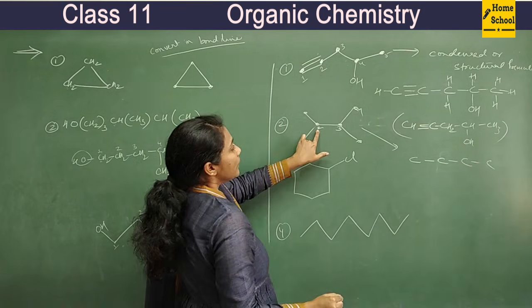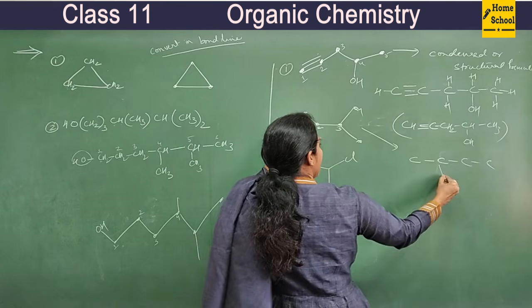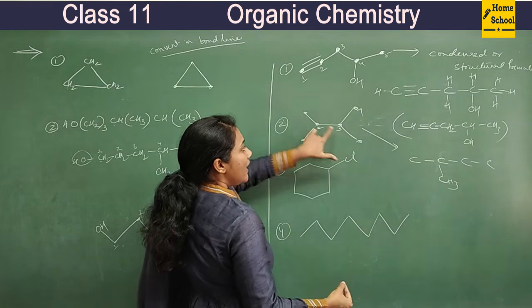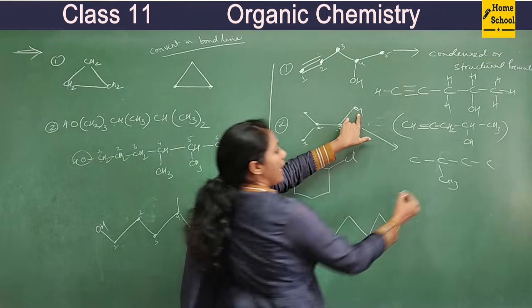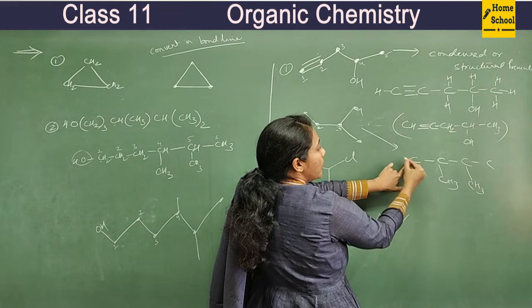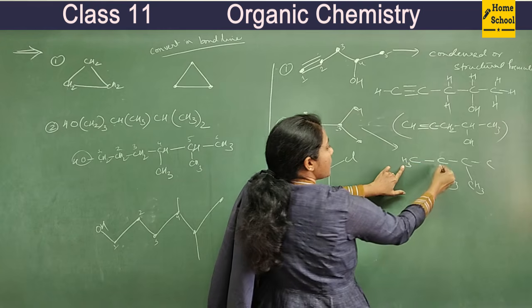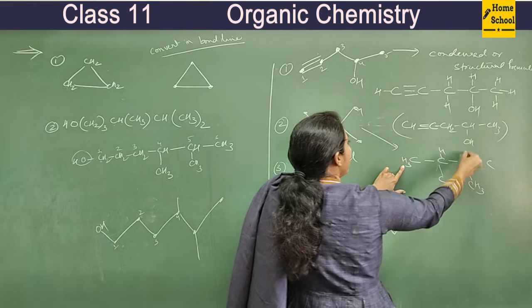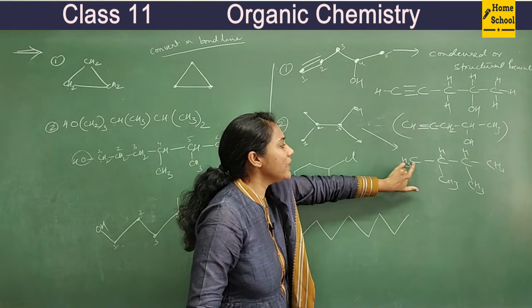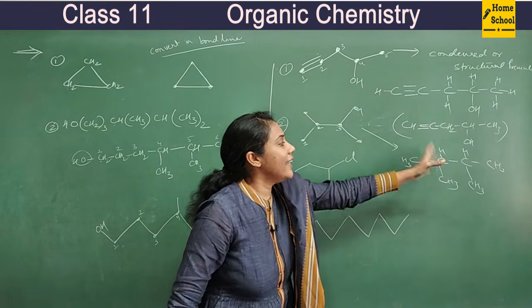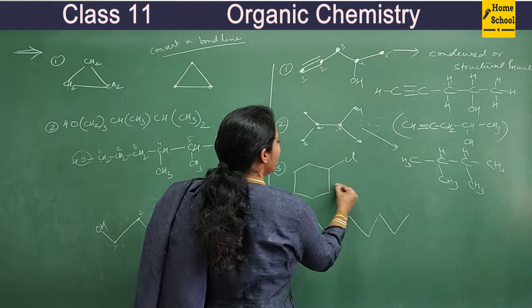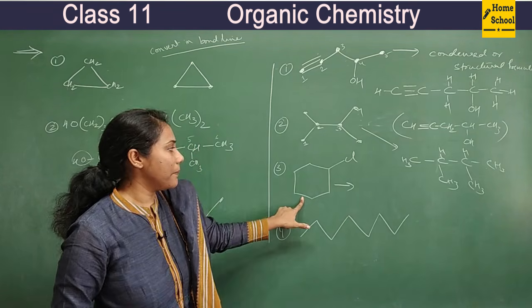At carbon 2 there is a branch that is also CH3. CH3 is a branch, right? If only one dash. And at carbon 3 also there is a branch that is also CH3, right? One bond is there, so how many hydrogens? 3 hydrogens. So here 1 hydrogen, here 1 hydrogen, and here 3 hydrogens. If you want bonds between carbon and hydrogen also, you can elaborate and show, right? Over.